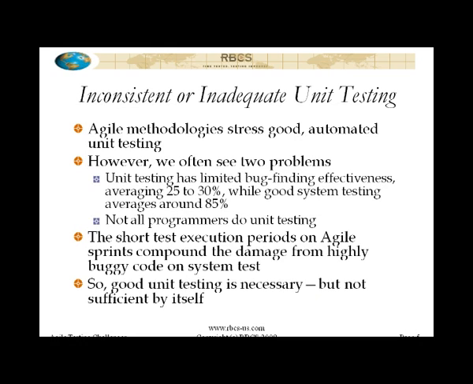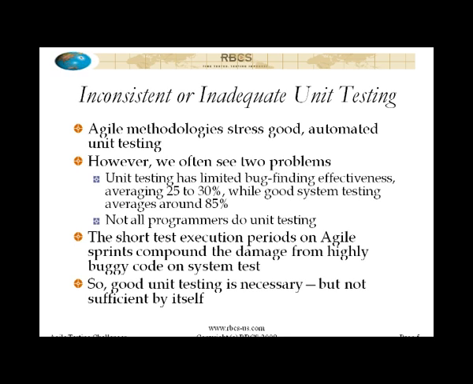If you've got a bug filter that is only going to catch a quarter of the bugs, we need to have another filter, and the system testing is something that you want. Now, the other problem is that not all the programmers, even in Agile worlds, do unit testing. And we've heard a number of different stories about why: that doesn't apply to my system, or my software's too tightly coupled to be able to do it, or whatever the rationalization, and it's always a mix of good reasons and rationalization.